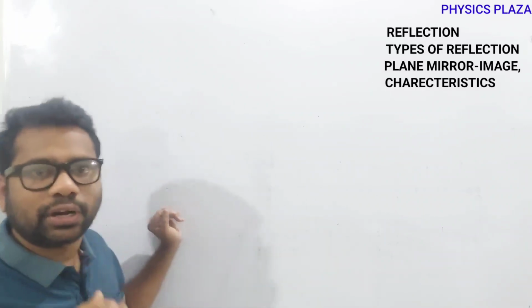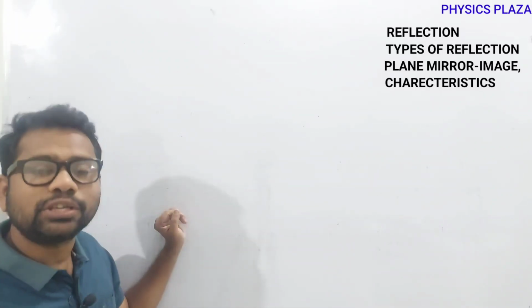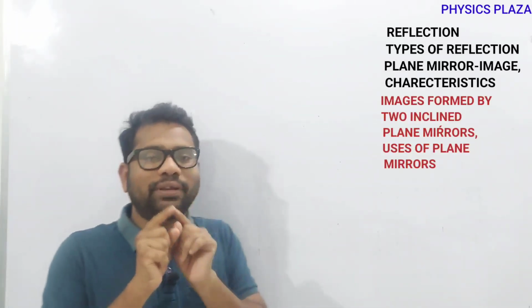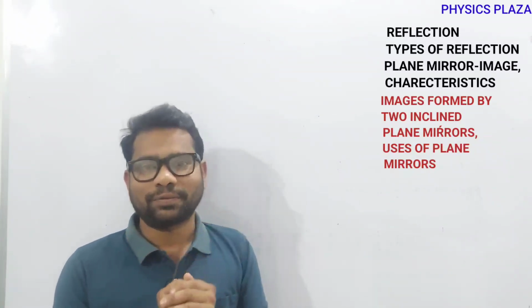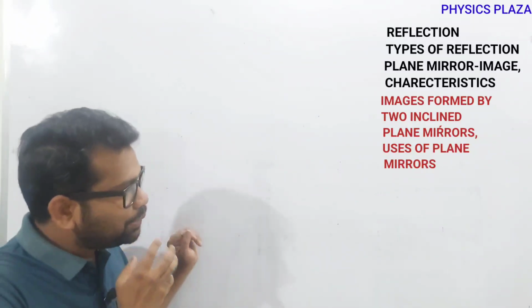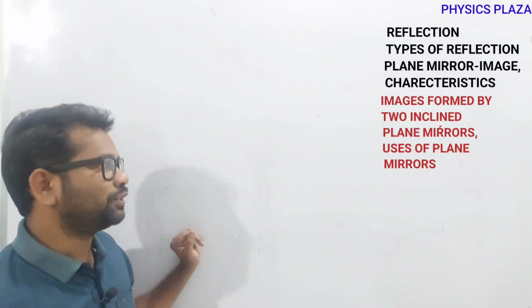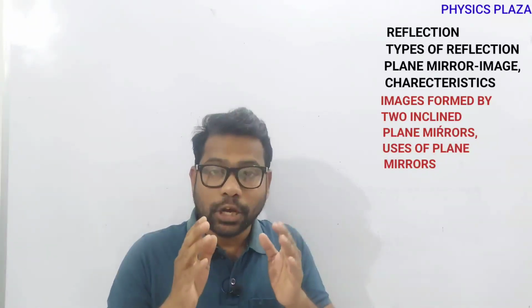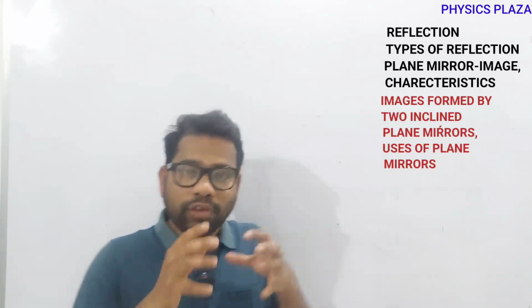And in unit B, children, what is the number of images formed by two plane mirrors if they are inclined, and even we discuss the applications of plane mirrors. So these are the important topics in unit B. And unit C, children, is very important. It is not only important for your academic examinations but also for competitive examinations, in which we will be discussing